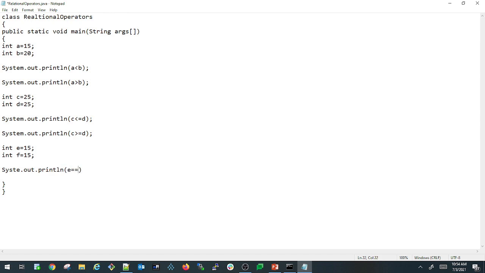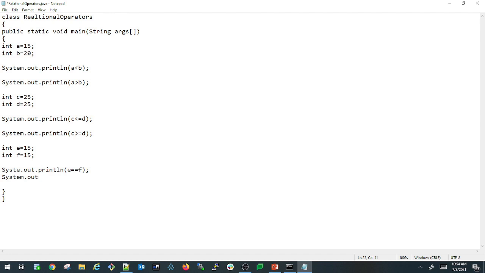So here it is verifying whether the e value is equal to f or not, but it is not the assignment. It basically compares whether both the e and f variables have the same value or not. It is basically comparing.